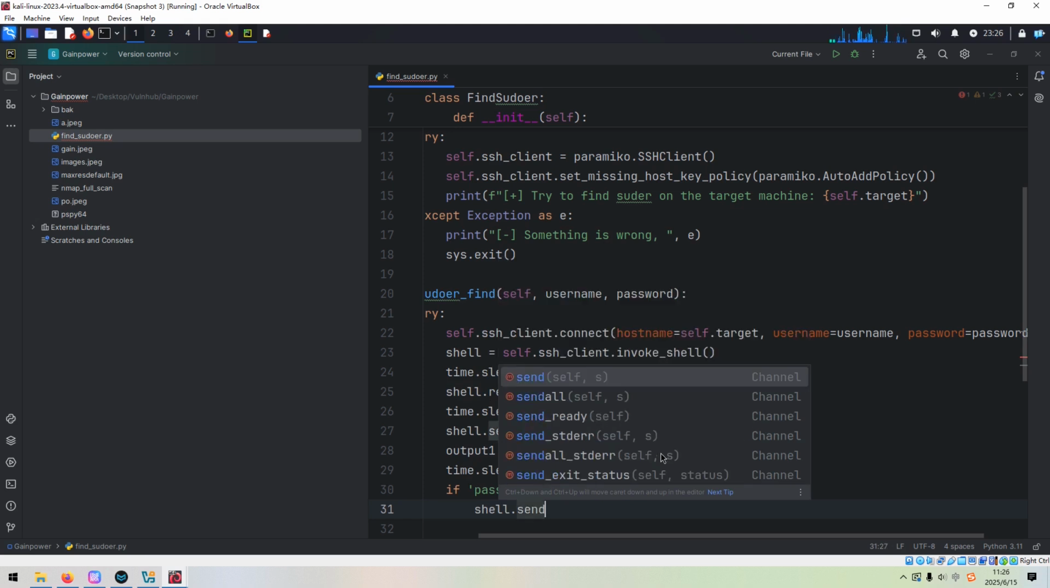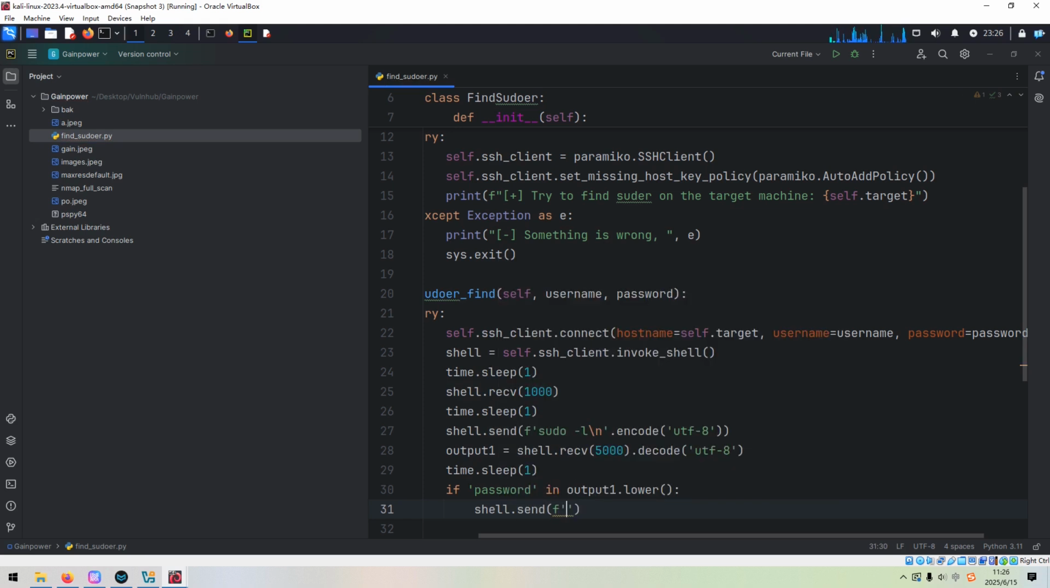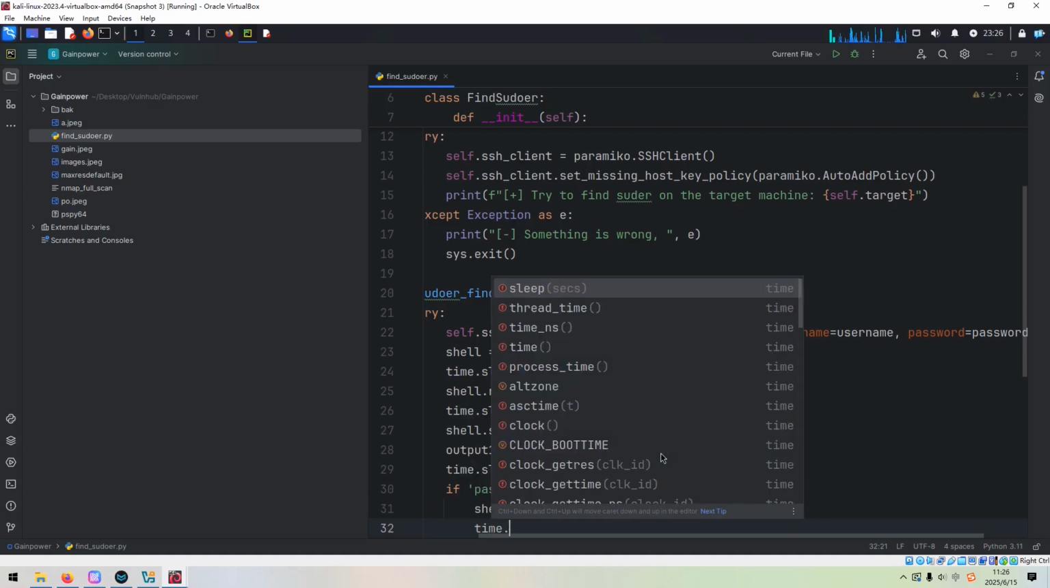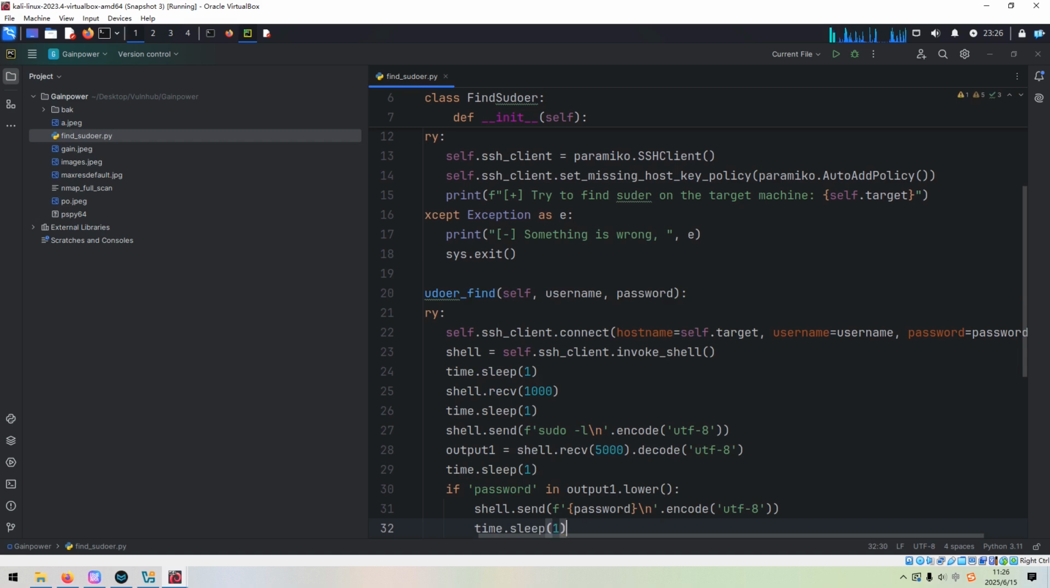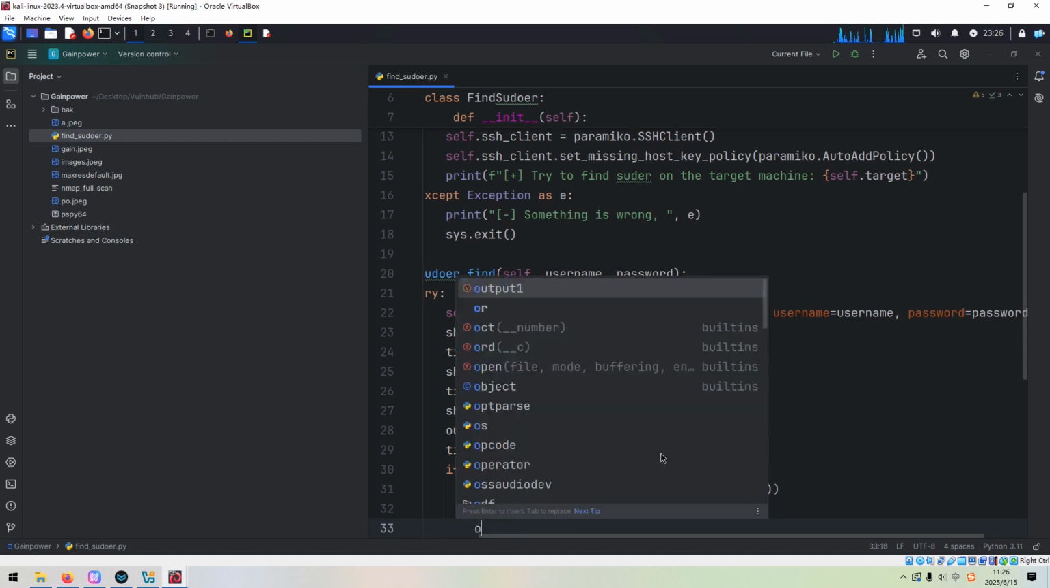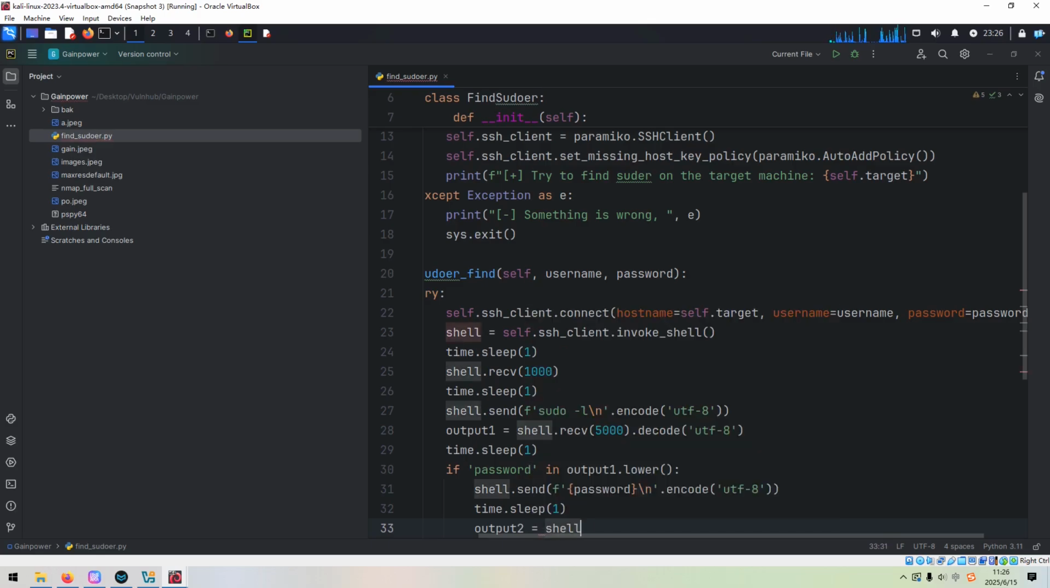Send the password. Because I'm using pass3, we need to encode it before submitting to the server, or submit to the peer. UTF-8. Again, we can sleep 1 second again, and then output 2 shall receive